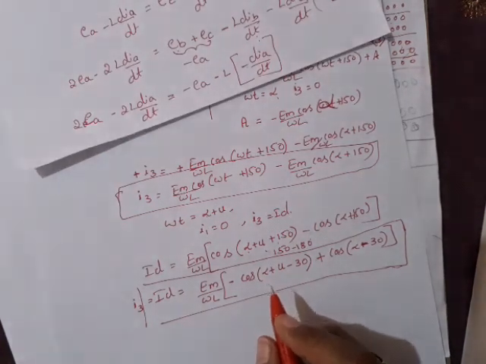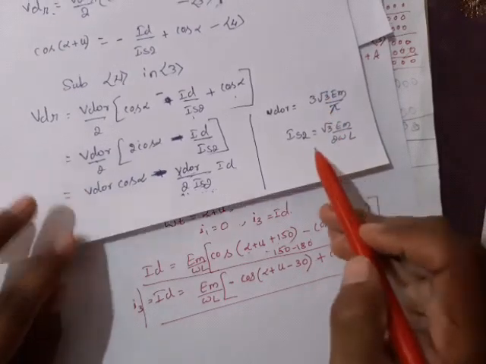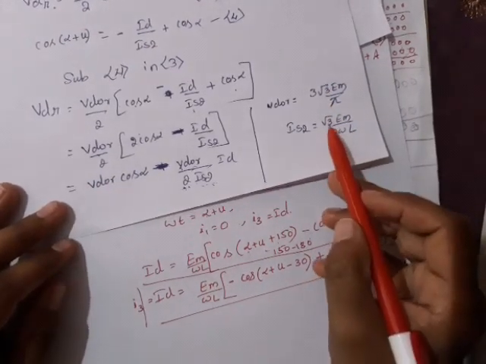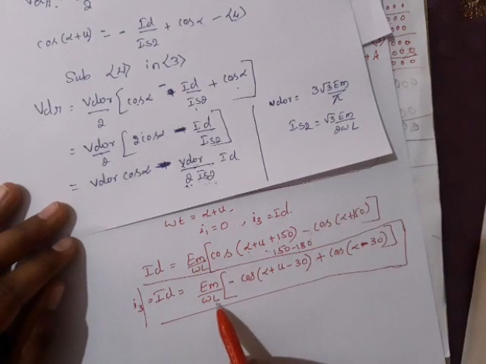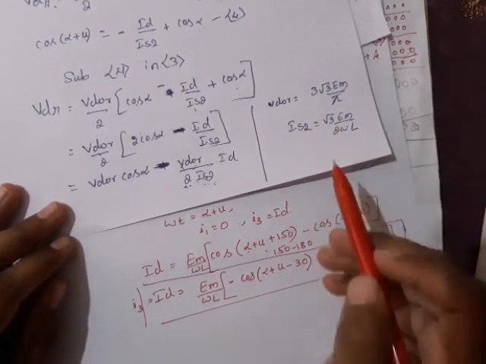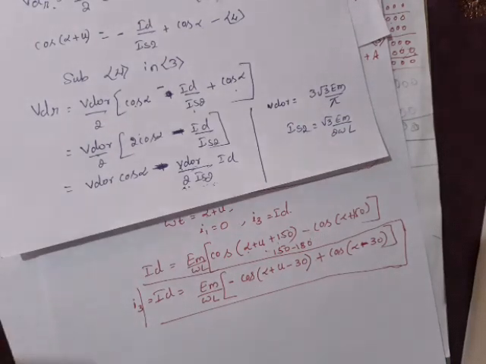You can compare with u less than 60 degrees. What are we getting? IS2 magnitude is root 3 by 2 times Em by omega L. Here Em by omega L is greater than this value. It shows that the current rapidly increases. So if voltage decreases, current increases, and system control will become quite difficult. That is why operating a system with u less than 60 degrees is better than any other operation.